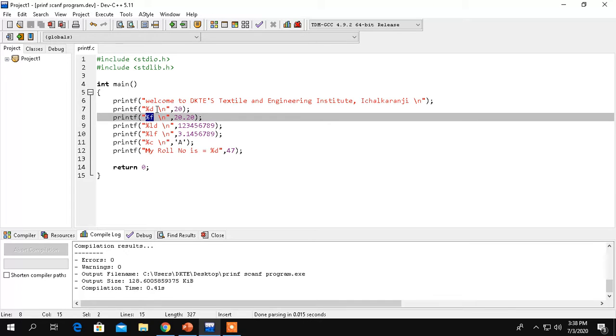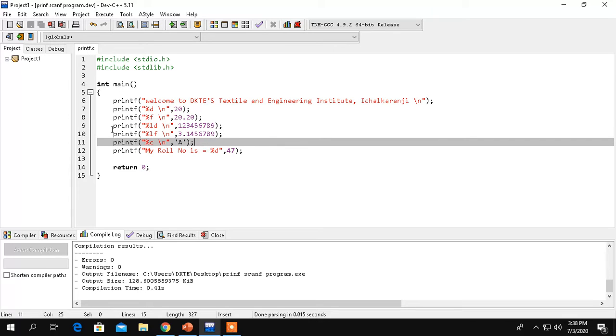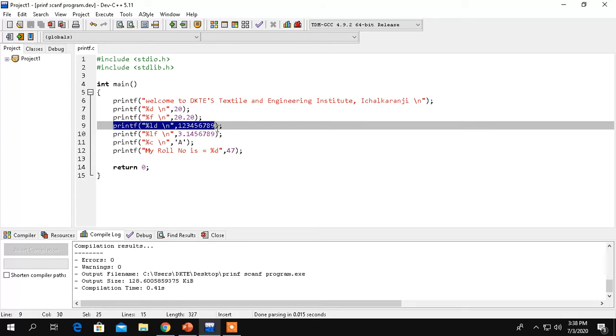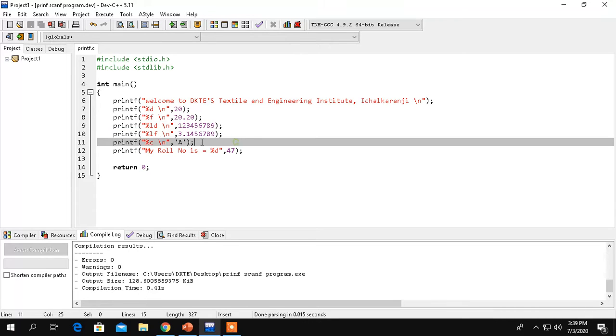So d is used for the integer and f is used for the float value. Again this backslash n is for the next line. Again if you look at the next printf function over here, in this case we are going to consider a large integer value. When we consider any large integer value, in that case we have to consider %ld.